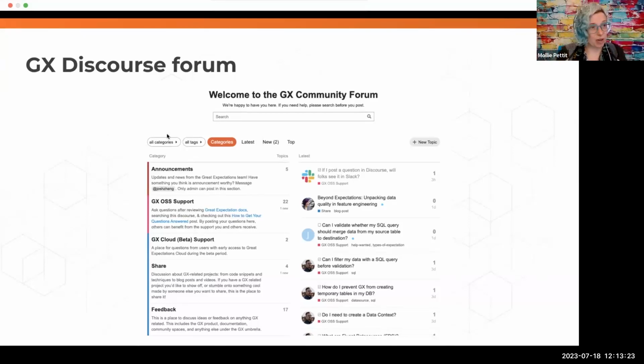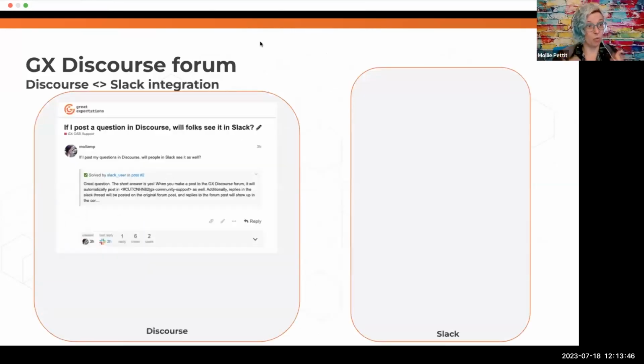We also want to make sure that this transition is as seamless as possible for people. And we acknowledge that not everyone will want to change their workflow, especially right away, and that some people still prefer Slack. So while we do request that people post in here when they can, we've also established a pipeline to help bridge the gap via an integration. So if you want to go to the next slide, I'm going to walk you through how the integration works.